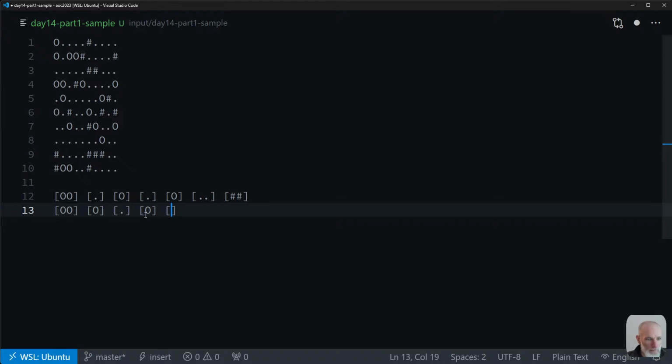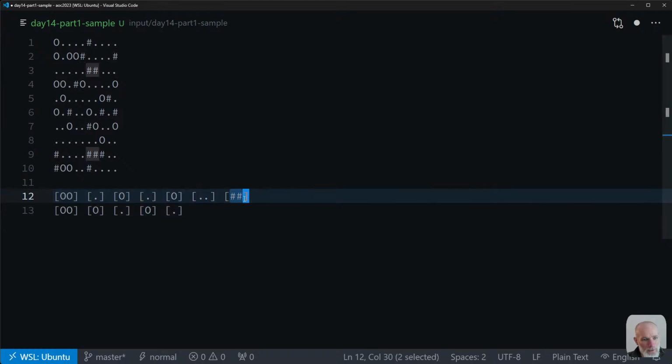So it's actually more of a sort, I guess. You've got to keep moving stuff. Maybe I could just sort it actually. If I create a rule that says that O is less than dot, a sort isn't really going to work, is it? Because you get these